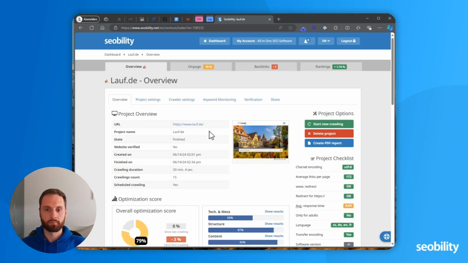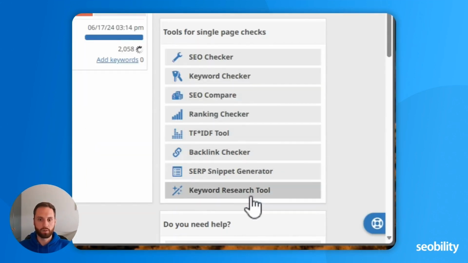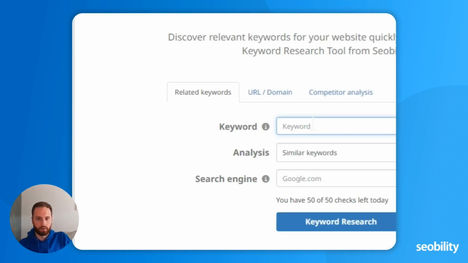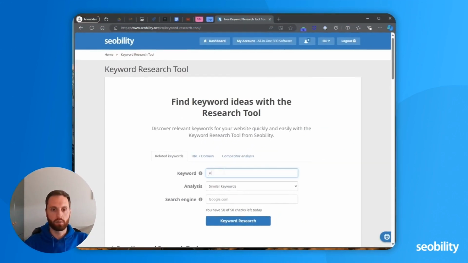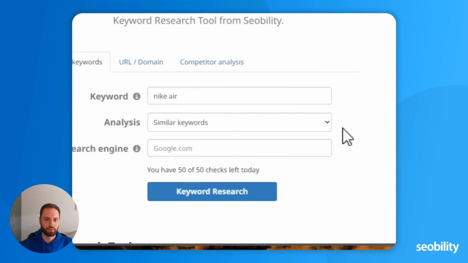Before I wrap this up, I want to briefly take you to our keyword research tool, which is one of the complementary tools that I mentioned at the very beginning. We will now look at an example keyword just to show you what this keyword research tool can do with different analysis.